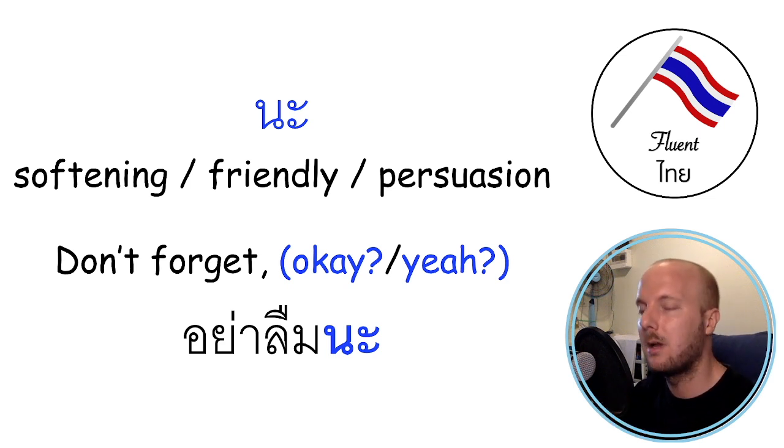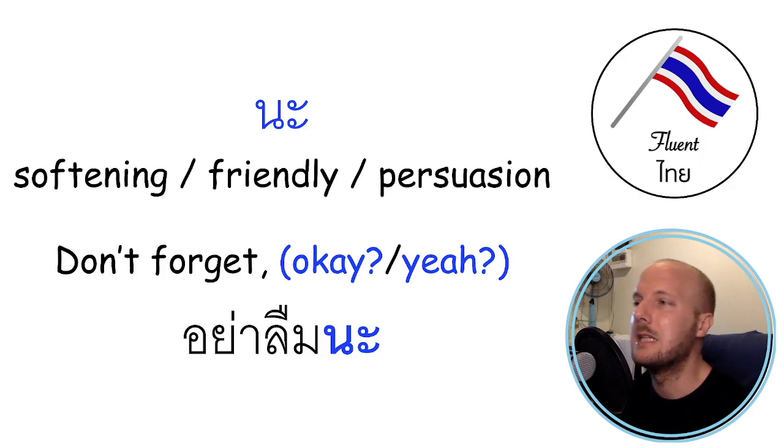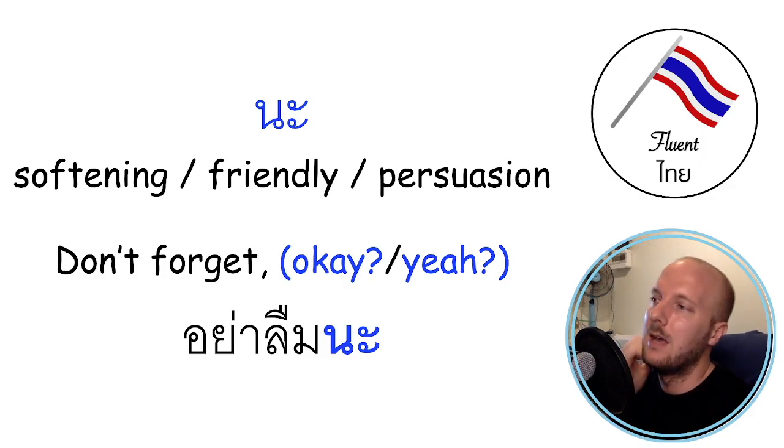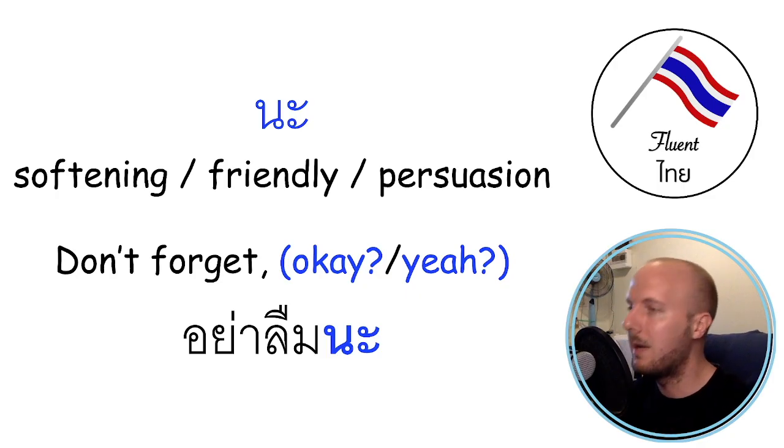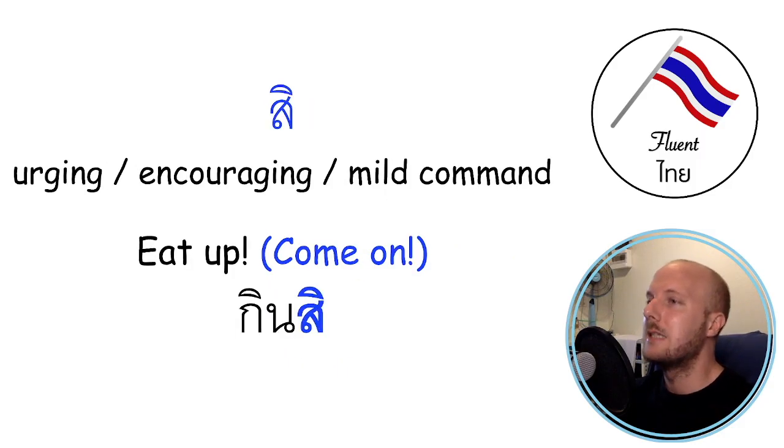So don't forget becomes don't forget, okay? Or don't forget, yeah? Or don't forget, all right? Yeah? Huh? Don't forget, huh? Kind of like a huh. But I'm not going to be so dogmatic as to exactly equate it to one word in English. This is just trying to give you a bit of a feeling for the word. But you're going to learn in what ways it's used by just listening more and consuming more Thai content. So, na, for example, don't forget, yeah? อย่าลืมนะ อย่าลืมนะ